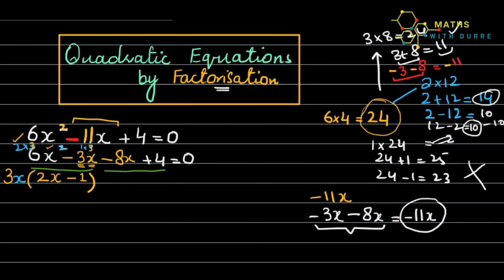Okay, so now there is another group, and that group is a minus 8x plus 4. So first of all, I told you, you have to find the common of variable. There isn't any common of variable, so then you have to go with the common of number. So 2 times 4 is giving you 8, and 1 times 4 is giving you 4. So now just observe, which number is common here? 4 is common in both of them. So you will take 4 out. As you know, there isn't any common in variables, so no need to write any variable.